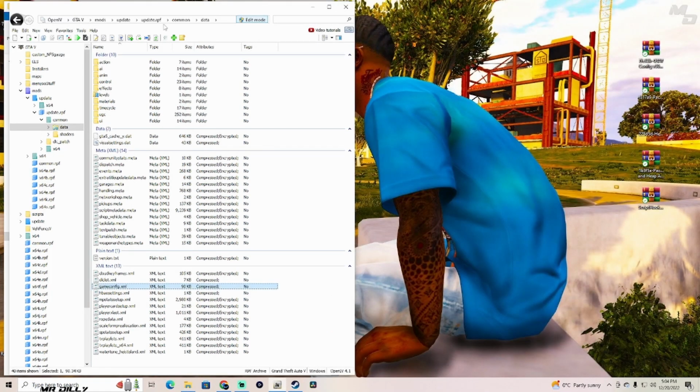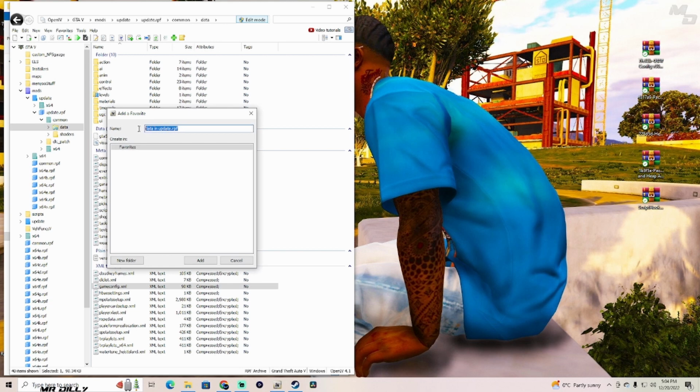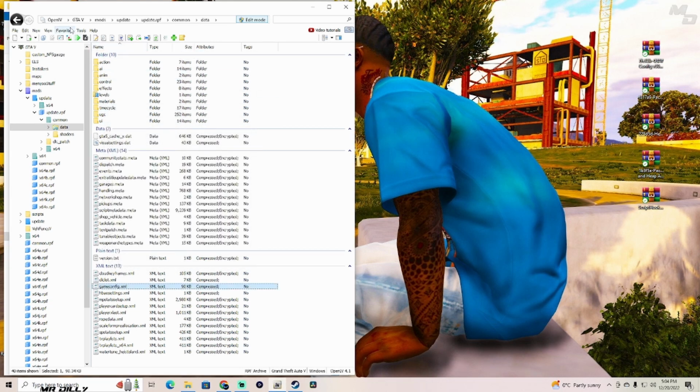All right, and the other thing, guys, if you are very much into installing a lot of add-on vehicles or a lot of mansions or anything DLC, you are going to need to save this pathway right here. So what you can do is go to your favorites on your OpenIV, go to add favorites, and you can name it whatever you want and click add. I already have mine saved as